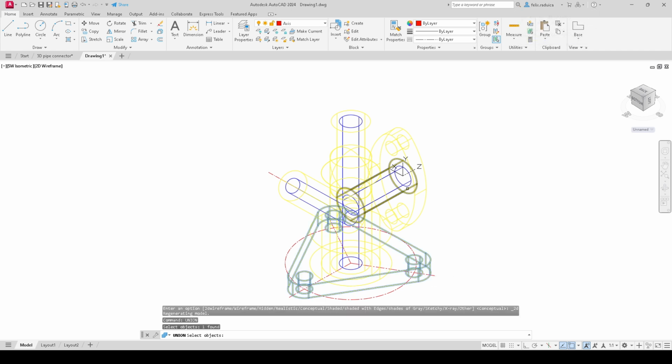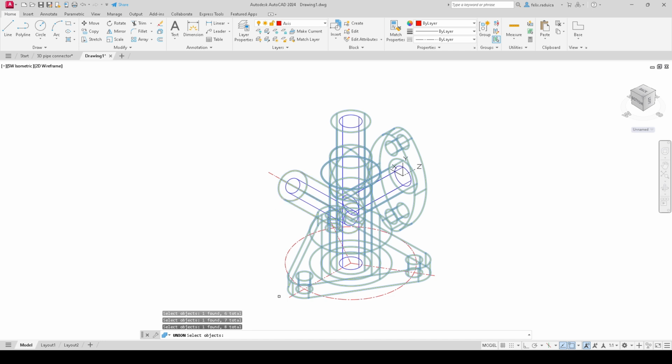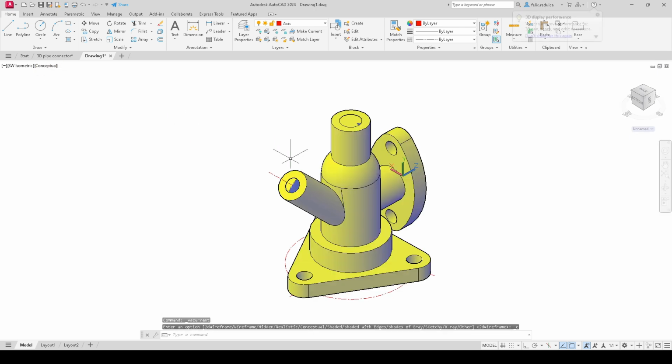So the flange, the 50 millimeter cylinder, then the 36 millimeter cylinder, which is this one, the sphere, and the 24 millimeter outer cylinder, the 24 millimeter outer cylinder here, the oval flange, the outer 20 millimeter cylinder there, and we can tap enter. Some of the lines have changed a bit,